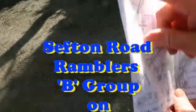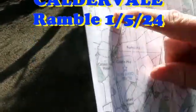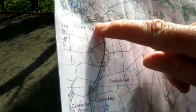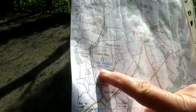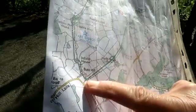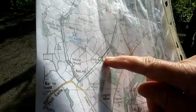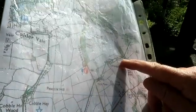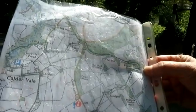Here we are at Caldervale, just on the edge of the map, and we're going to go in the direction of the arrows, I think, today, and we're going to go down past the mill, over to this land skill, and then down here to Cobblehay Wood, Braeburide Centre, and continue south to Butts Hill, and that's as far south as we go, and then we're going to go north east, Highmoor, Broadgate Wood, as far as Bleasdale Tower, and then